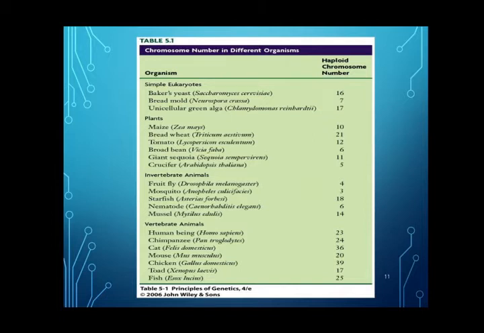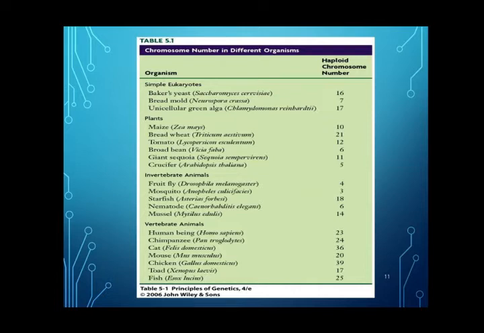Simple eukaryotes: you have yeast with 16 haploid chromosomes, bread mold has 7, green algae have 17. For plants, maize has 10, red wheat is 21, tomatoes 12, broad bean is just 6. Then you have giant sequoia, the largest tree in the world, 11. Crucifer is just 5. In invertebrate animals, fruit fly has 4, mosquito 3, starfish 18, nematode 6,